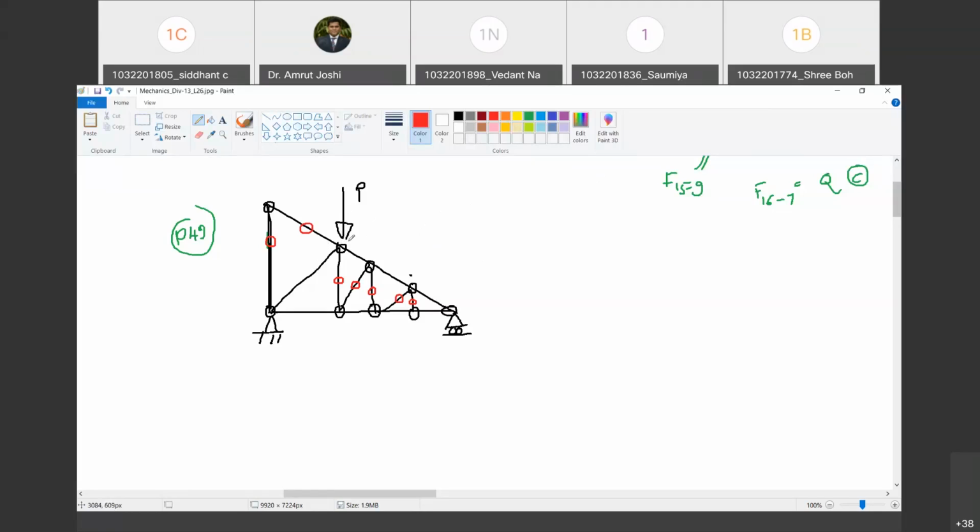And wind load is not going to always act at a given location. So therefore, this P may move. Do you agree with me? So for a given instant of time, P may be here, and therefore this is the situation. But if P comes here, few of the zero force members will now become active members. Do you agree with me?